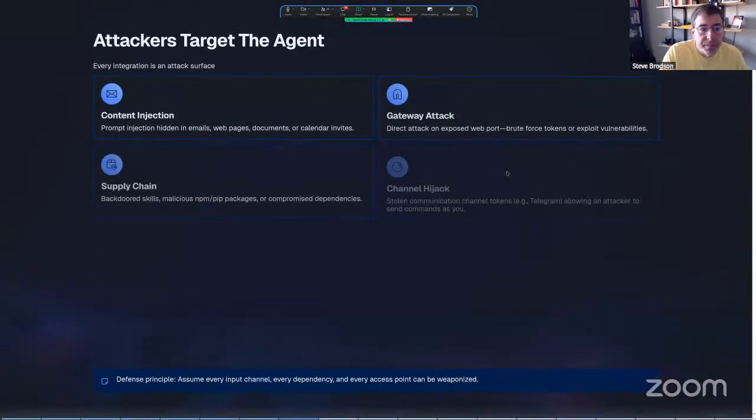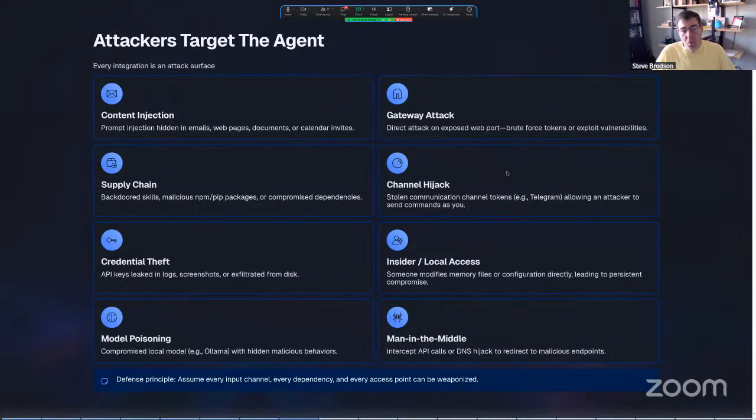So then let's talk about risks from the outside in. This is more what I would call traditional cybersecurity. These are all things that can be done to your OpenClaw. When we get into the control side, one of the things I'm going to talk about is not letting your OpenClaw expose to the world that it is an OpenClaw and where it's coming from.